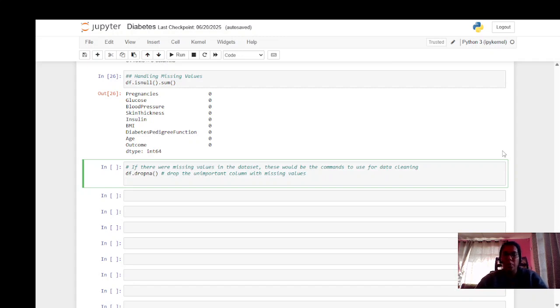If it is a categorical variable, for instance gender or color or something like that, then we have to use the mode. Mode, that is the most common value that we have in this column in the dataset,